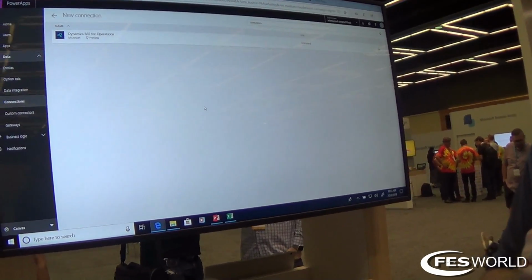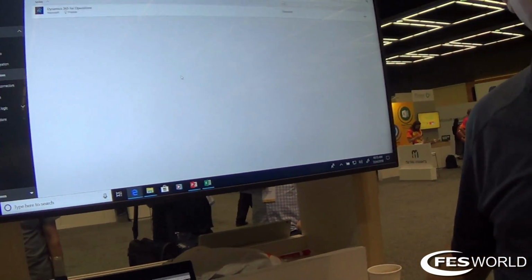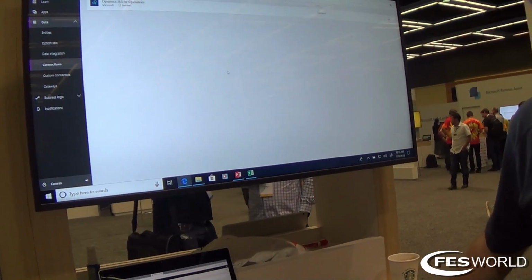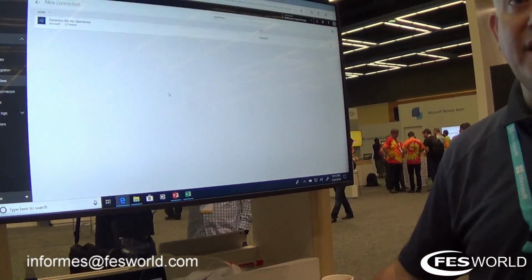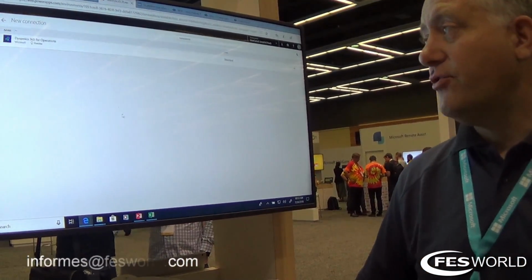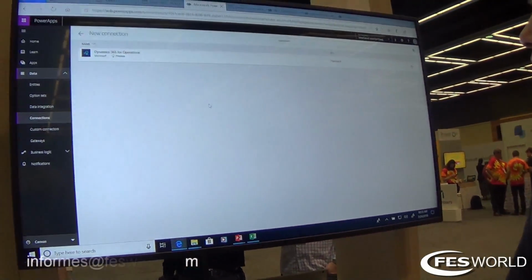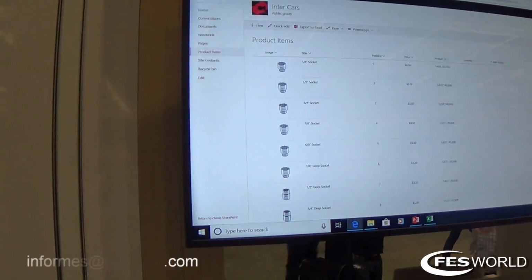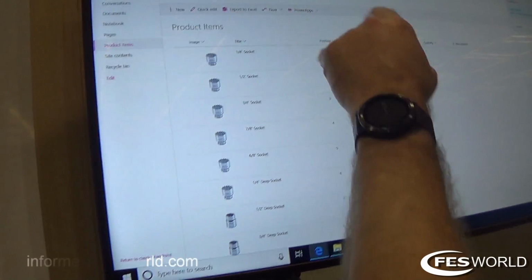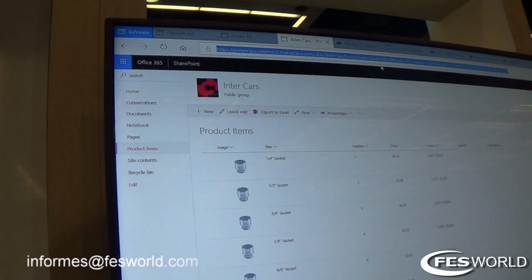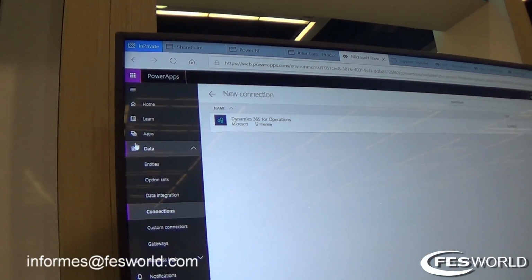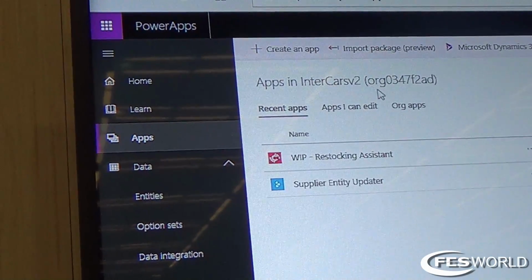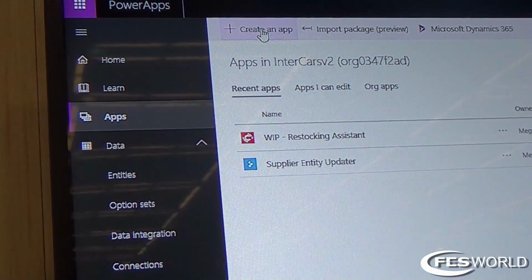Okay. And how easy is it to create an app from the beginning? It is fairly easy. It is drag and drop. I think I can build an app right now for you. Okay. Based on, I want to create an app